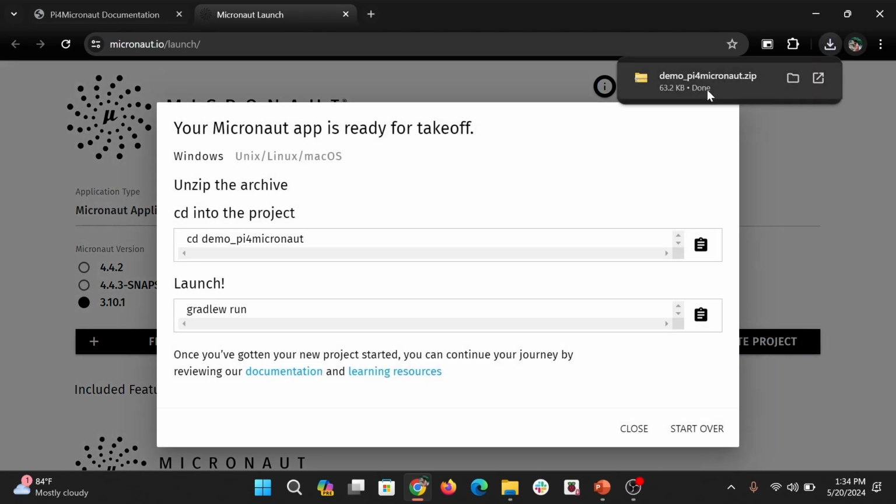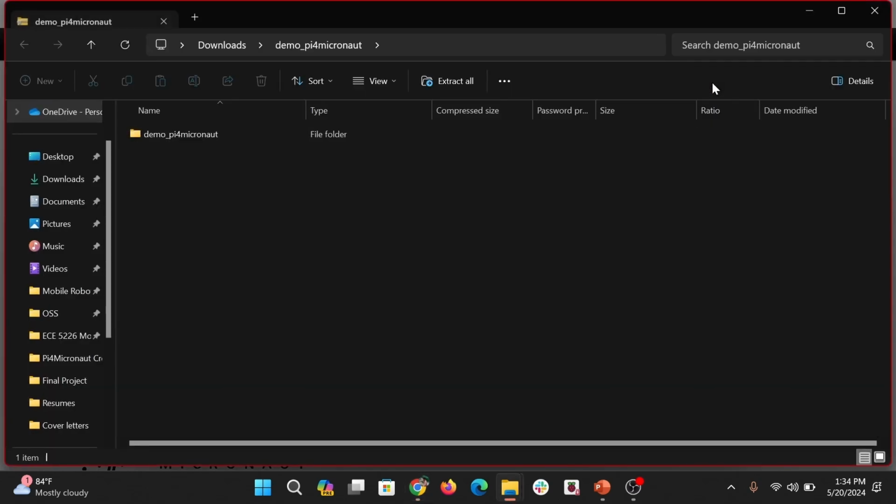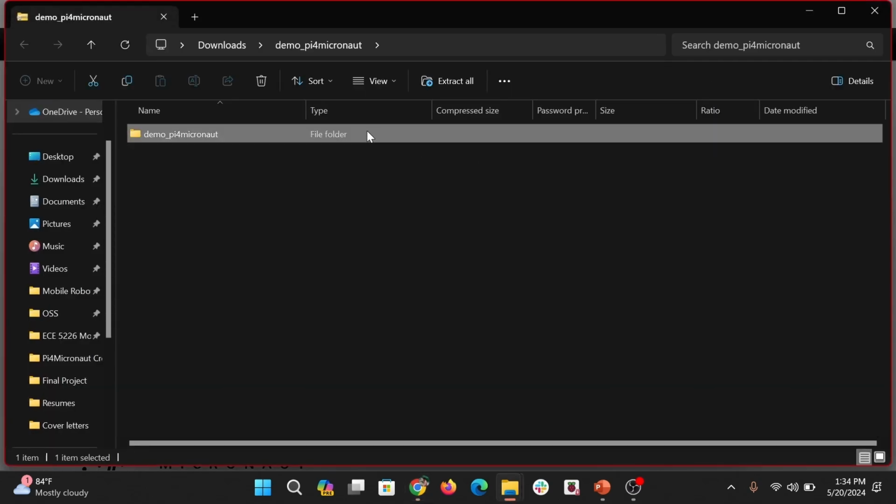We have downloaded the zip file, and here you can find the commands like how you can navigate to the folder and run your project. So first I'm gonna extract this. I'm gonna copy this onto my desktop,